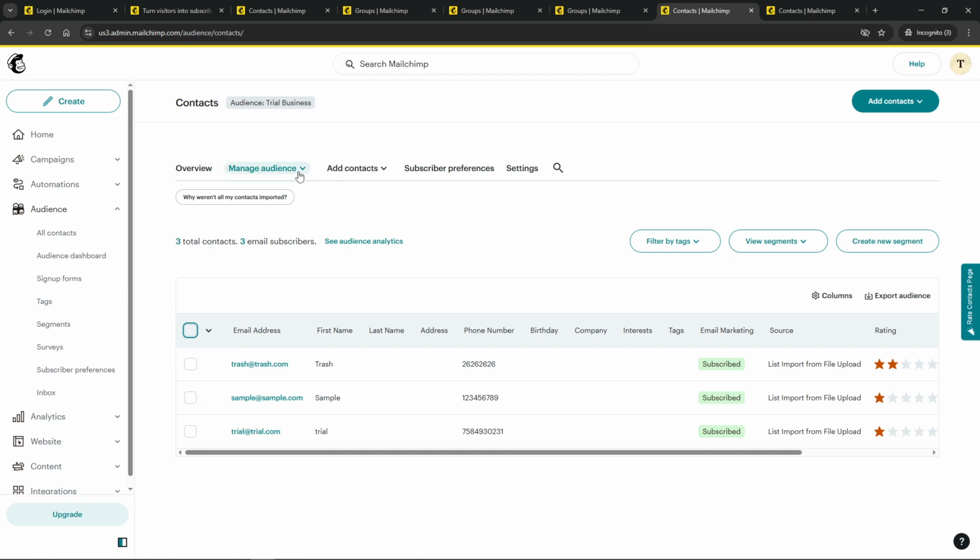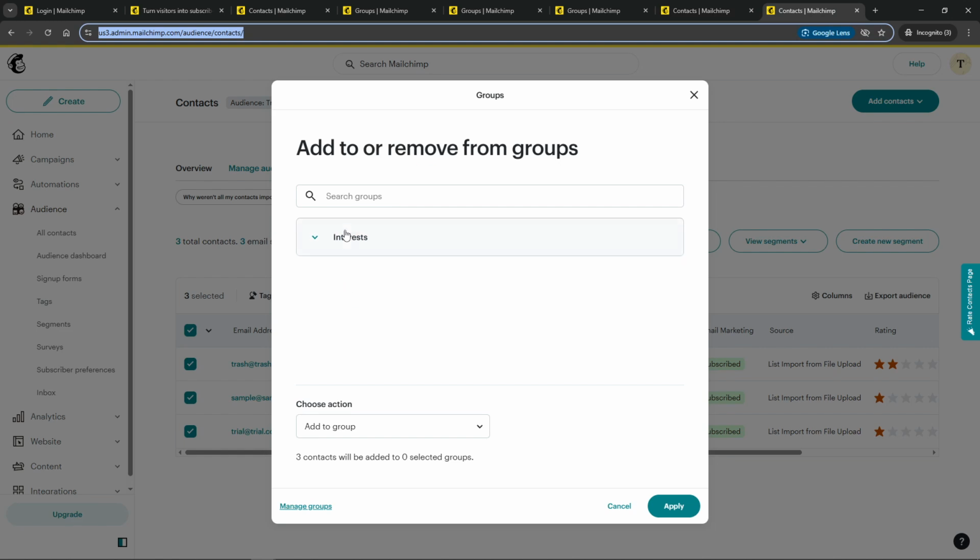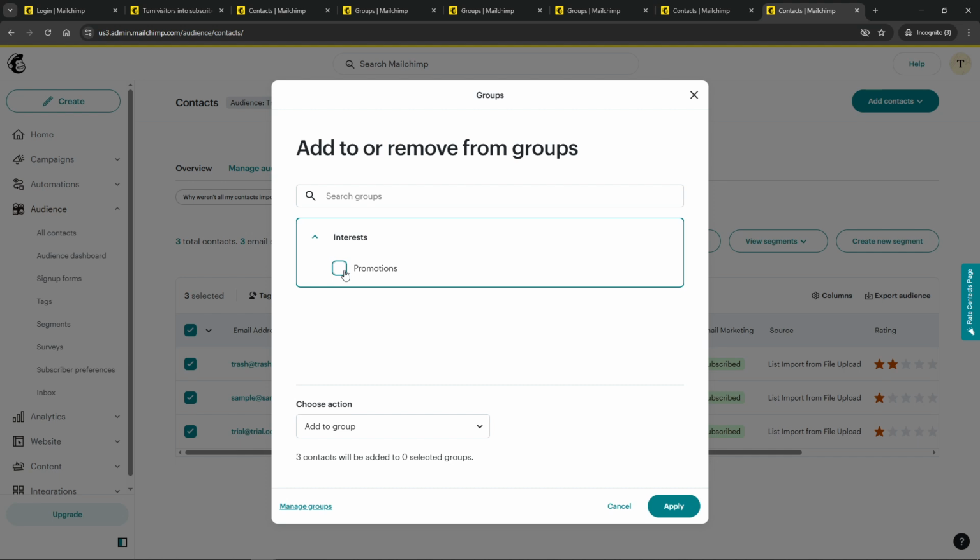Finally, let's integrate these groups into your campaigns. When you're ready to send an email campaign, use Mailchimp's segment or tag feature. This way you can ensure your emails reach the specific groups you're aiming for, making your marketing efforts more precise and effective. And there you have it, creating and using groups in Mailchimp to enhance how you communicate with your